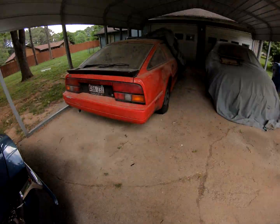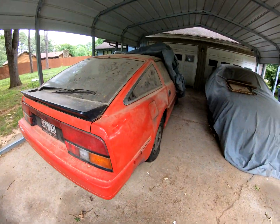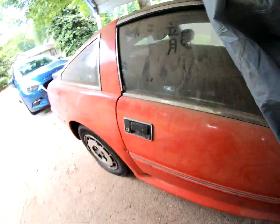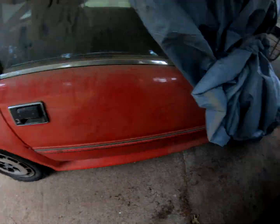Today we're gonna be trying to work on the Z. As you can see, this has been sitting here. I think the city came through and left us a note because of my flat tire, but the line to my air compressor is messed up, so I gotta go get a much better, stronger line for it. But we're gonna get this car cover off because today,